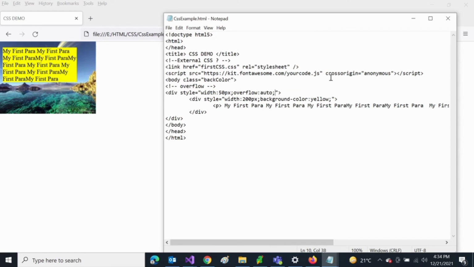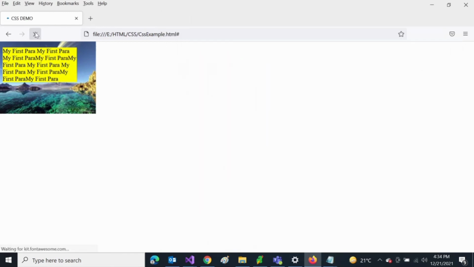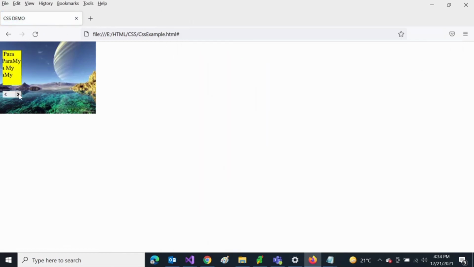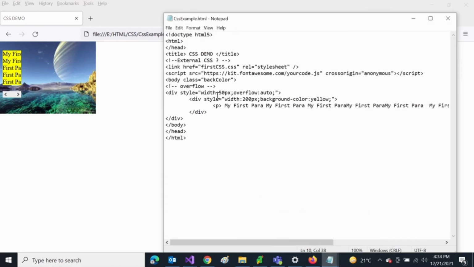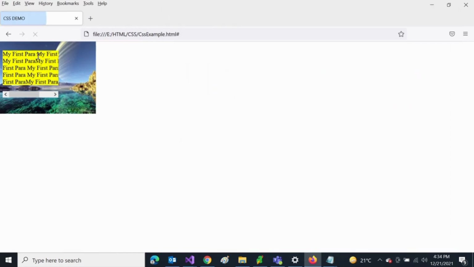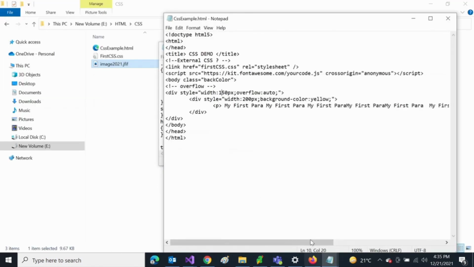Let's make overflow auto, with a colon between overflow and auto. Refresh the page. Now you can see there is a scroll bar. Let me increase the width first to make it more visible. Let's make it 150 pixels for the upper one. Now you can see the overflowing. So if there is an overflow of the text, then the scroll bar will get displayed.